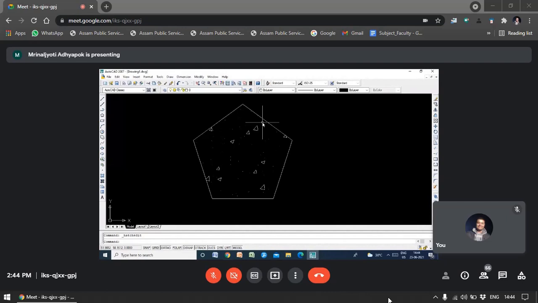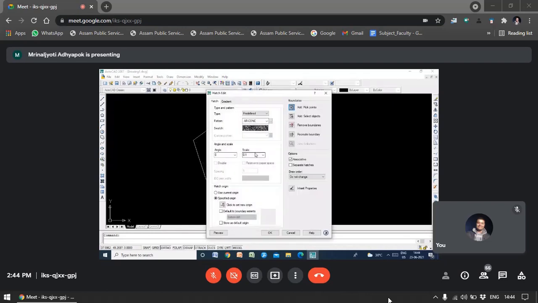But in your case, these are the straight lines. So you have to select what? Go to the BH edit. So are you able to do this or not? Are you able to find this? Yes, sir. Okay, so first you have to select this add pick points. So now here you can change it again.